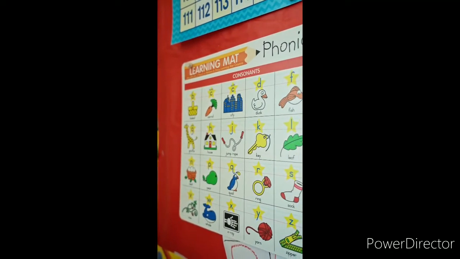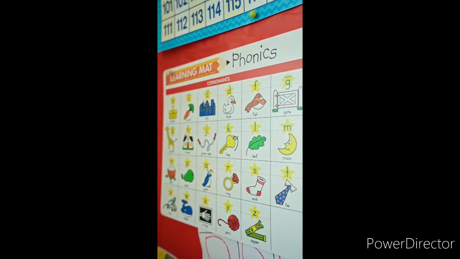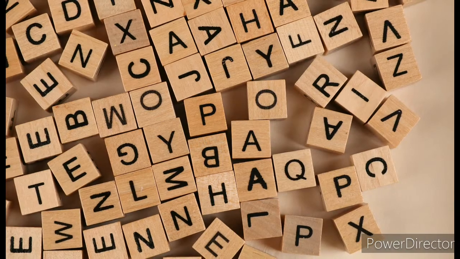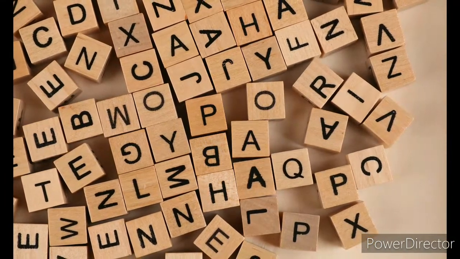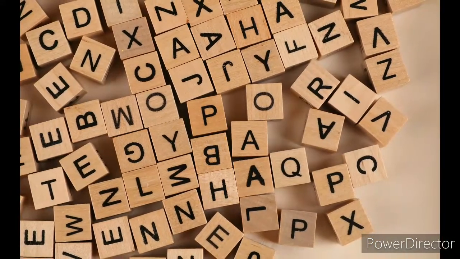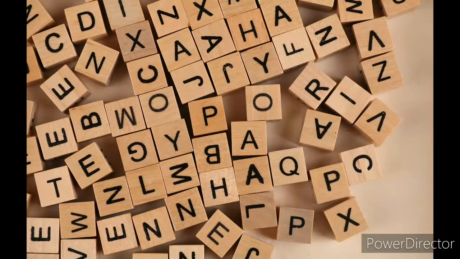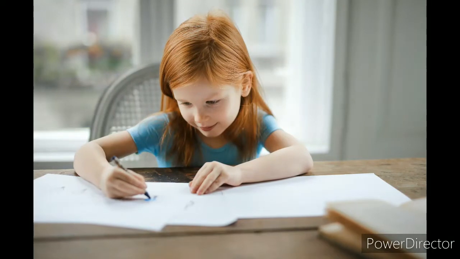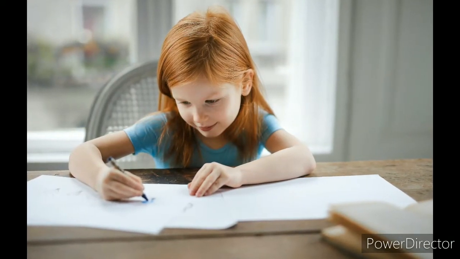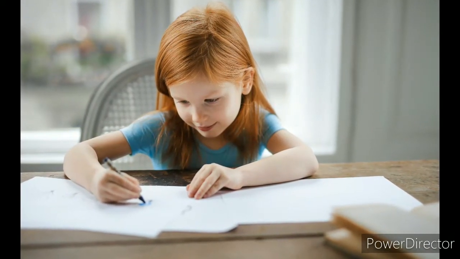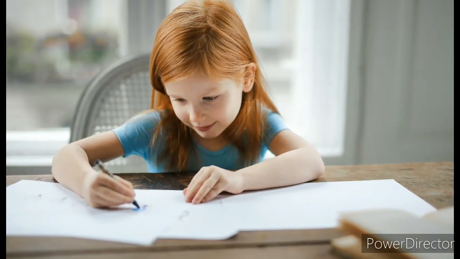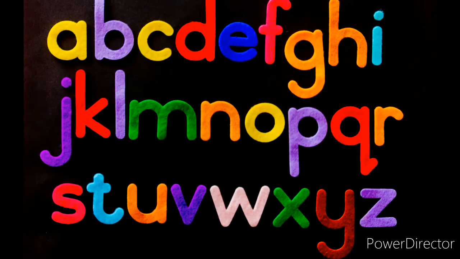There are two methods to teach this. You can teach alphabet and its sound simultaneously. That is, show a flashcard of letter A. You can teach like this: this is A, the name of the letter is A and the sound of the letter is A. In this method, the child learns the letter and the sound together. But I personally don't like this way of teaching because at times children might get confused between the name of the letter and sound of the letter.